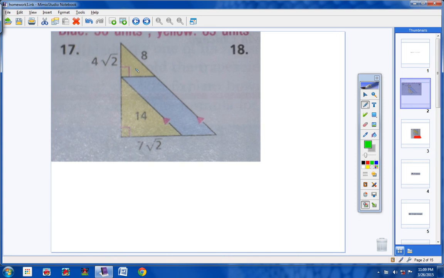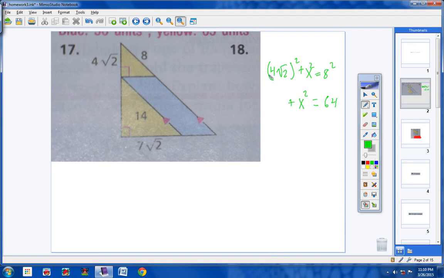Parallelogram, I guess. Well, I'll tell you what, we're starting off with the right triangle right here, and we're missing a leg. So one leg is 4 square root of 2. The other leg we don't know, and the hypotenuse is 8. So if you square 8, you'll get 64. x squared is x squared. Now if you square